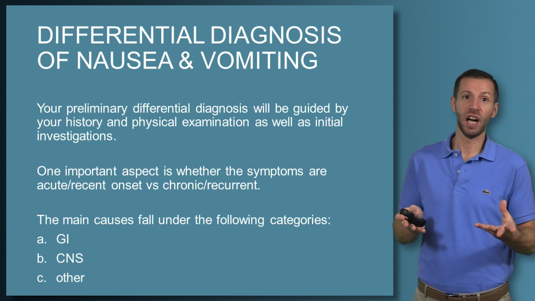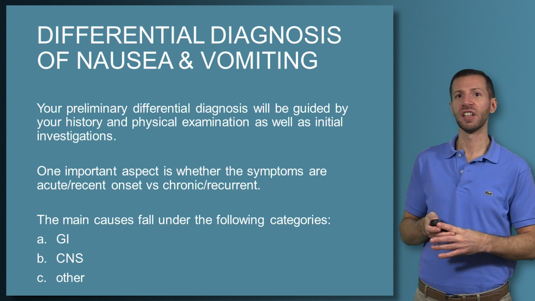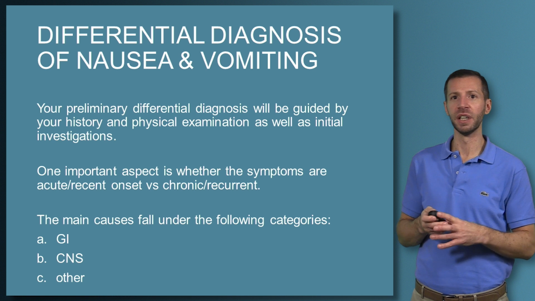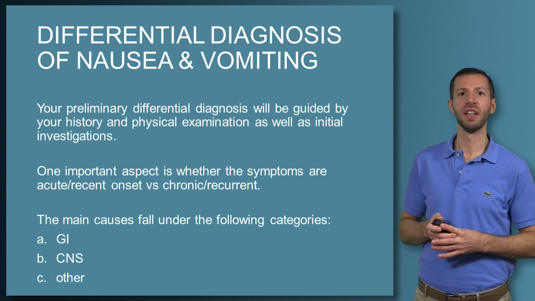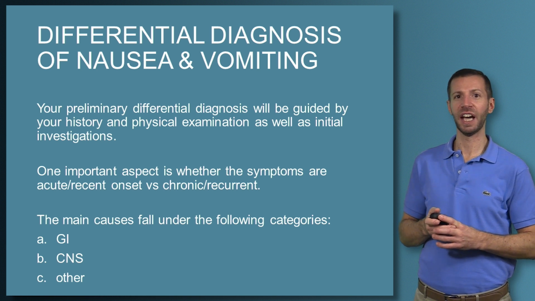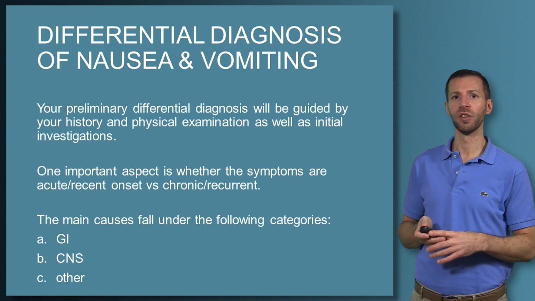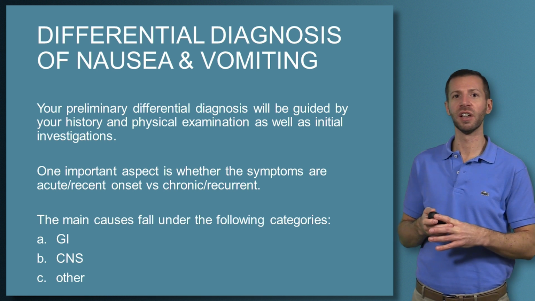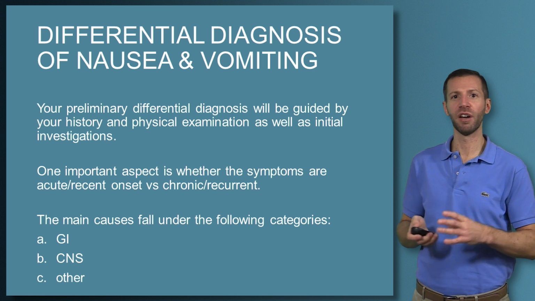One of the things that really can help you clinically is also knowing, is this someone presenting acutely with vomiting, or is this someone who has a long-standing history of chronic or chronic recurrent vomiting? And your differential will be tailored to that presentation as well, on top of other factors. But again, let's just focus on a basic approach, and this will then fall into how I'm going to categorize things, which is into, is it a gastrointestinal cause? Is it a central nervous system cause? Or is it one of those other causes? And you can see, thinking of the pathophysiology, where we're really focused on the role of the CNS and then the contribution of the GI tract and some of these other things, how this all fits in.